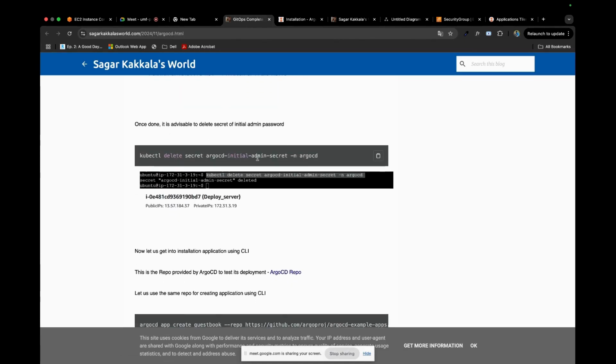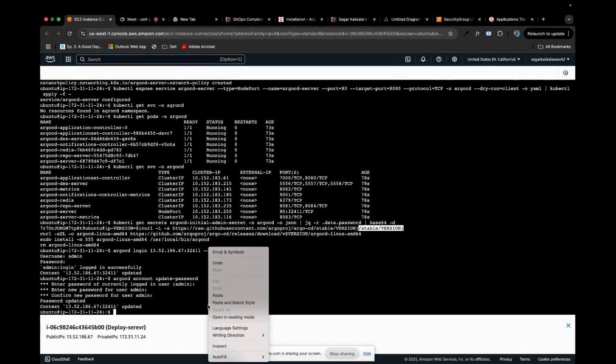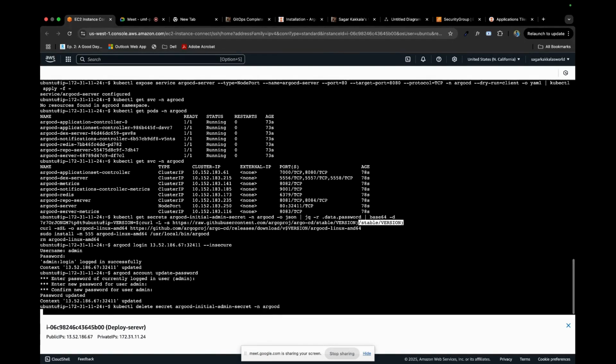And now, because the password is updated and we want it to be secure, we don't want anyone to steal our password. That's where I'm deleting the initial admin password. This is a part of setup. We're still configuring